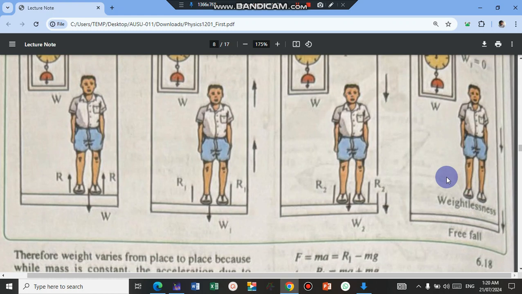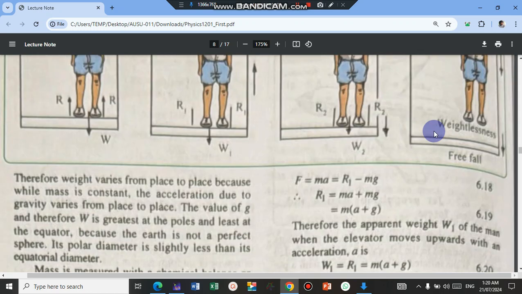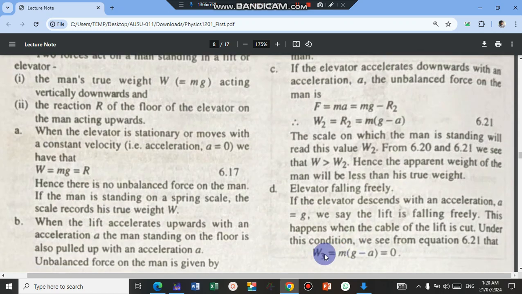His apparent weight will be 0. The scale here will record 0. Can you see the scale? The pointer is pointing at 0, telling you that the man's weight is now 0. You can use this equation: W3 equals M into G minus A. Your G is also equal to A. A is G, so the